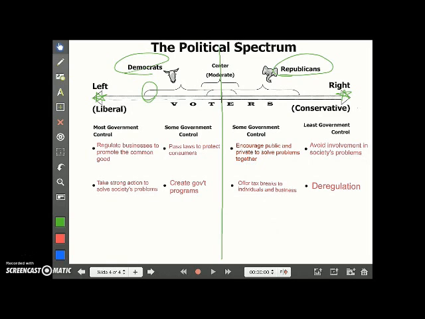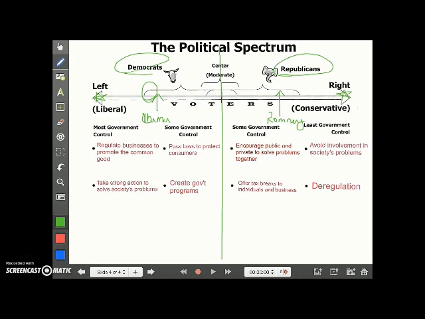So let's talk about some politicians and where they fall on each end of the spectrum. So if we think about our current president, Barack Obama, we could put him anywhere on the spectrum. However, most analysts would agree that he's a pretty moderate or in the middle Democrat. So we would put Obama right here, more toward the center. Obama's former opponent, Mitt Romney, would fall in the same area, but just on the opposite